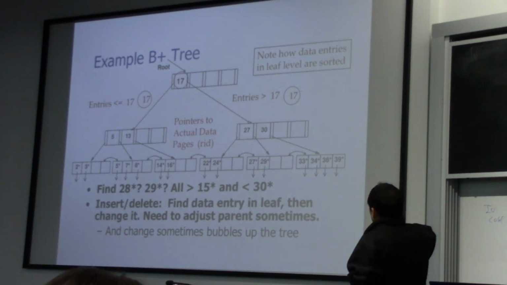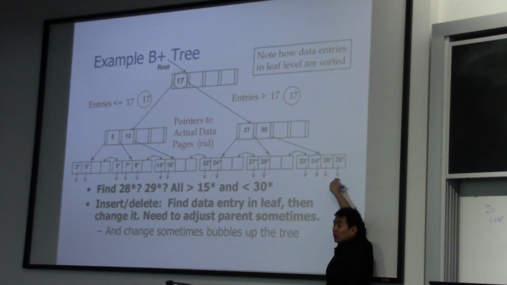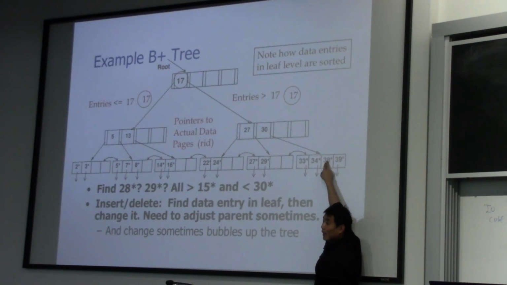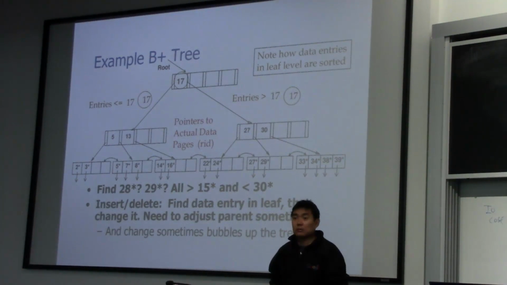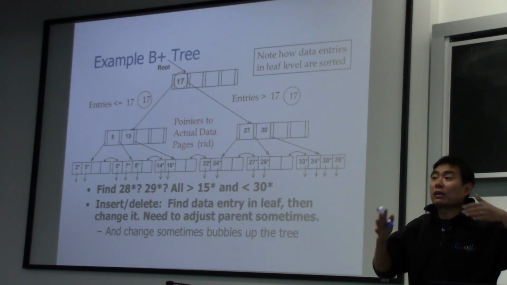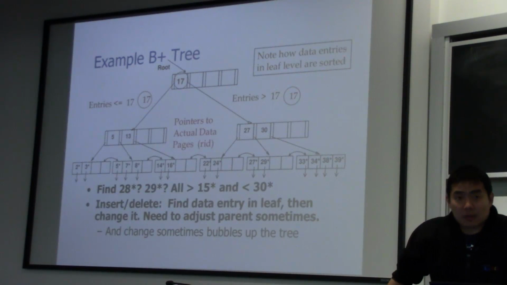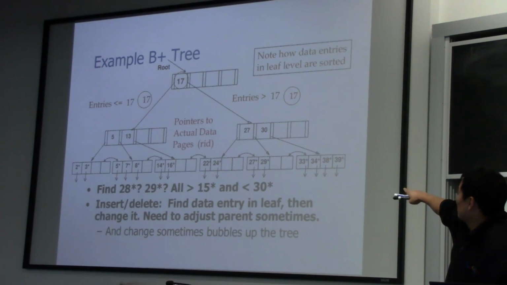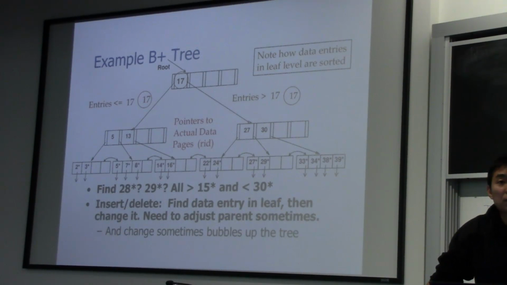So what it tells you is the record with this key value 39 is in this page and in that offset location. The record with attribute value 38 is in this page with that offset. Does that make sense? And you can build a B+ tree for different attributes. Here you can think about this as we build a B+ tree on the age attribute. So these are age values.